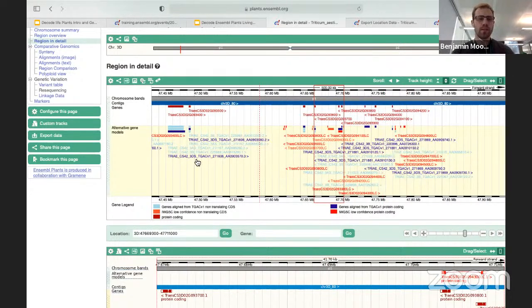So the important thing to notice is that the data is now arranged into what we call tracks. We have what we call a contigs track here, and the contigs track is what you can see, this blue bar. As we discussed in the presentation before, the contigs are the puzzle pieces that form the whole genome assembly. This blue bar represents the double-stranded DNA sequence itself. This is the reference genome sequence, the blue bar, and the data in all of the other tracks underneath is aligned to the reference genome